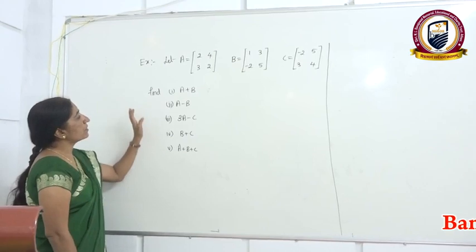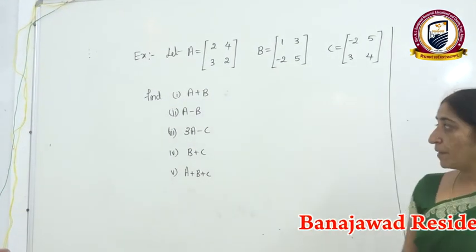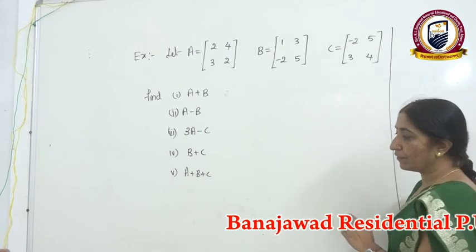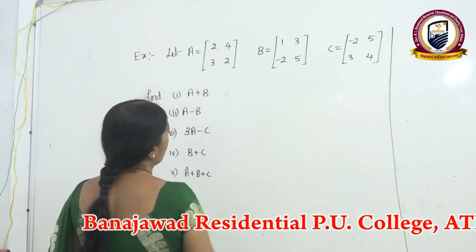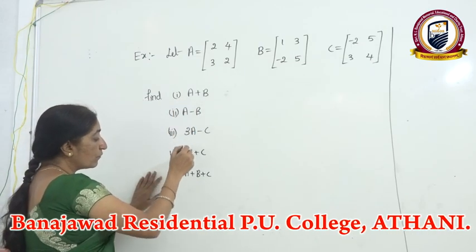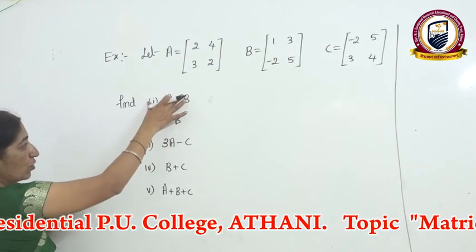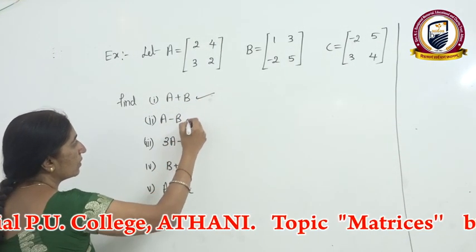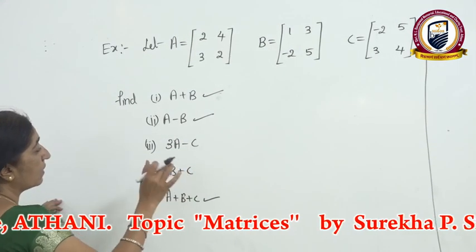The next question is like this. Students, I am giving you all NCERT questions. Some I am explaining here and some I am giving you as an assignment. The question is written here: 3 matrices are given and they are asking 5 questions. I will explain each example one by one. Out of these I am doing the first one, the second one and the last one. The remaining 2 I am giving you as an assignment.